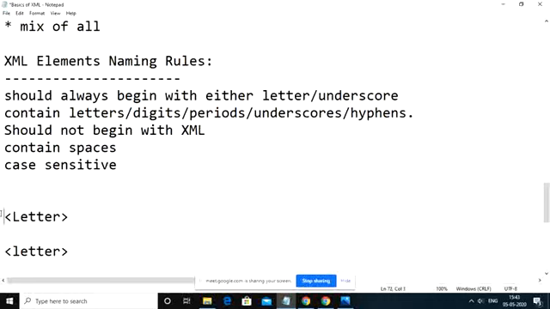In one element the beginning letter is capital L, and here the beginning letter is small l. So both are considered two different elements. That is the reason we say XML names follow case sensitivity.